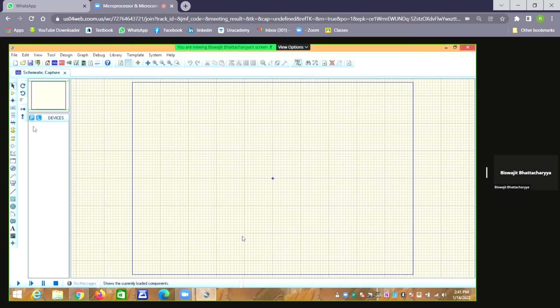Now first I want to invoke the Atmega 2560 microcontroller. So go to this P, meaning product. If you click it, you will get it. Note that by default this arrow is selected, our default component zone. There is another zone, this one, the terminal mode. Different types of terminals like ground terminal and power terminal are present here. By default, this is highlighted.